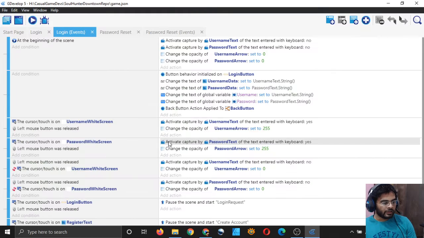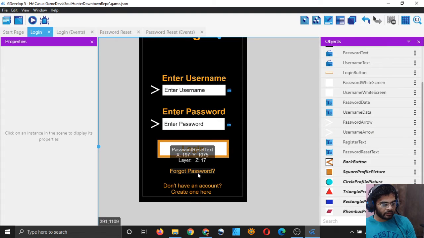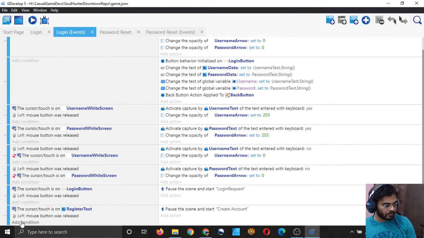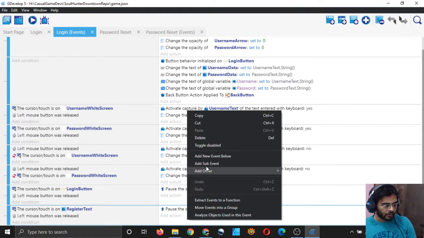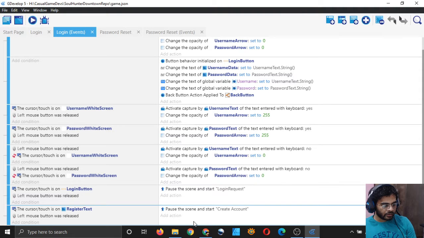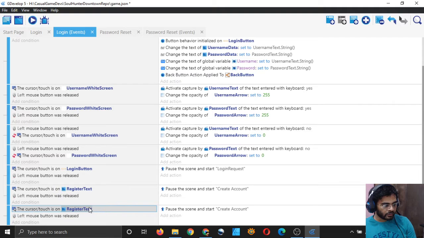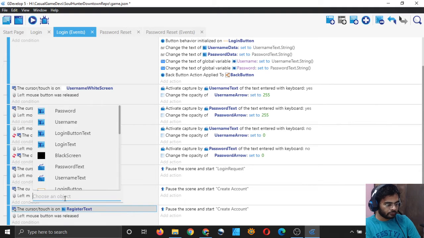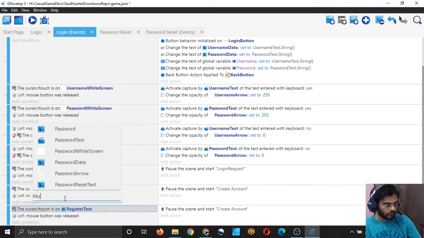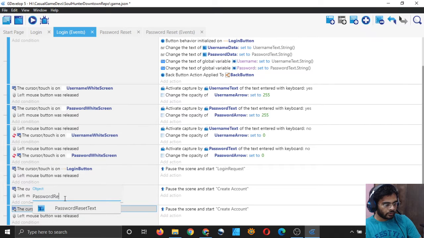First of all, let me implement this button in the login scene and write the code for it. It will be very simple. I will simply copy this one, right click and copy, and simply right click here again and click on paste, and instead of register text I will choose password reset text.